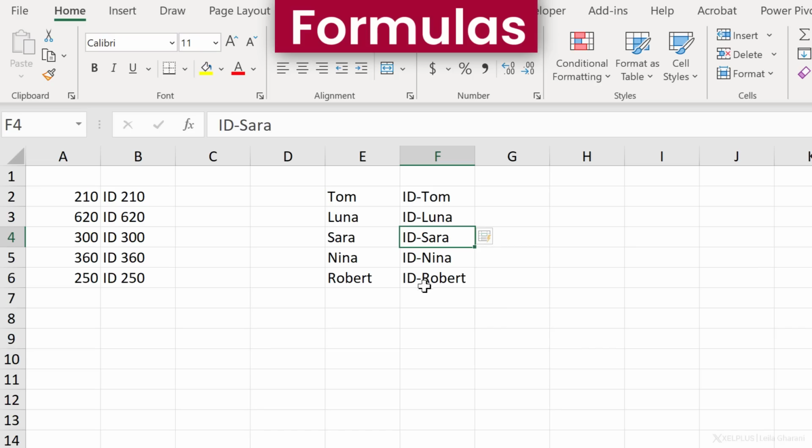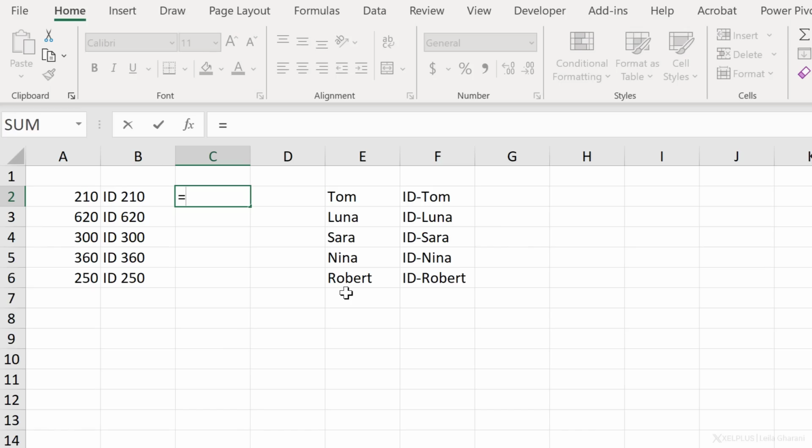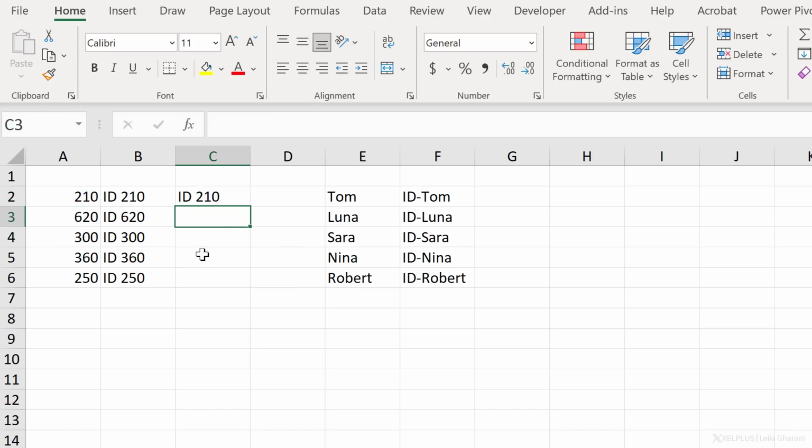Now you can also use formulas if you want your result to be dynamic, because in this case, flash fill isn't dynamic. If this name changes to something else, you have to repeat the process. If you want it to be dynamic, you can use a formula solution. That would look like this. We type in equals. Because we're adding text, we have to use the quotation marks, ID space quotation. And now because we're going to combine text with a cell reference, I have to use the ampersand here and then reference the cell here. Okay, when I press enter, I have my values. I'm going to send this down and everything is dynamic in this case.